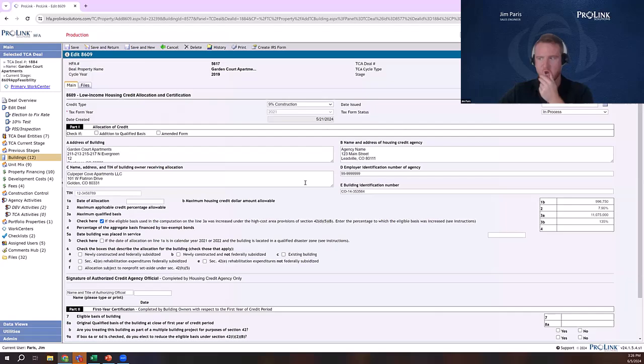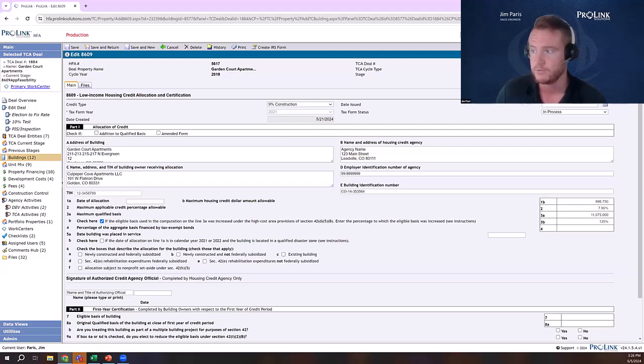Another thing I'll highlight before I start going into how I do portfolio wide analysis. How do I see things from a portfolio wide standpoint? How do I see all of my deals, evaluate my tax credit cycles and my tax credit pools? What I'm going to do is show you one last thing about a property specific functionality we have. So the last webinar I showed you guys